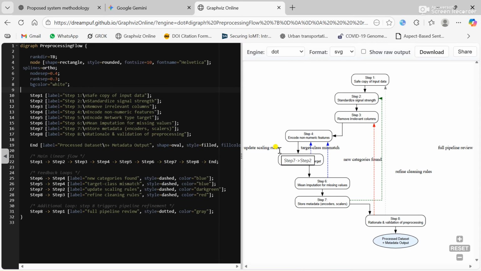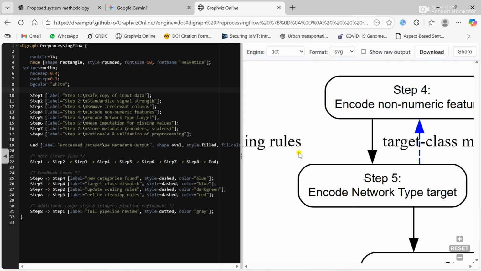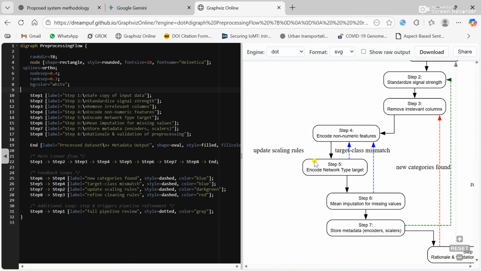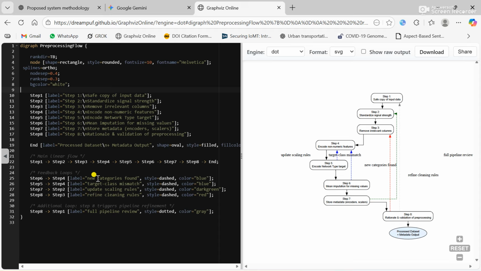See here, update the scaling rules, which are outside the box. I do which we require, which we don't require. So means